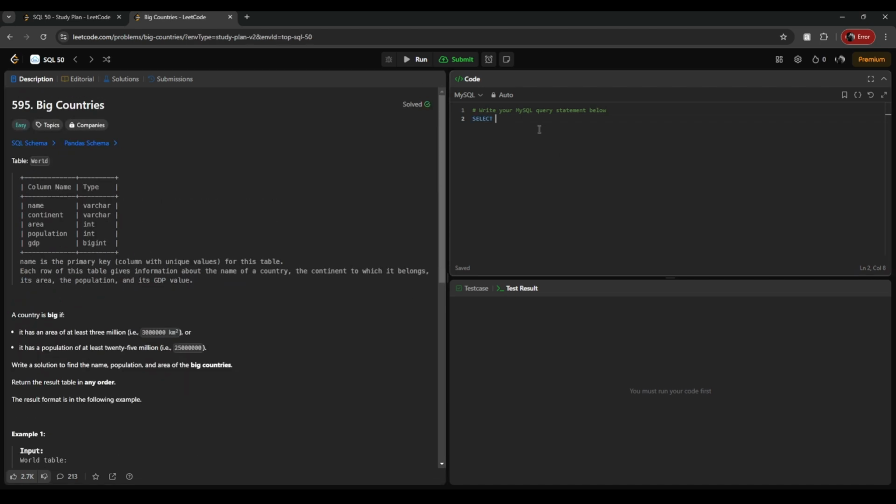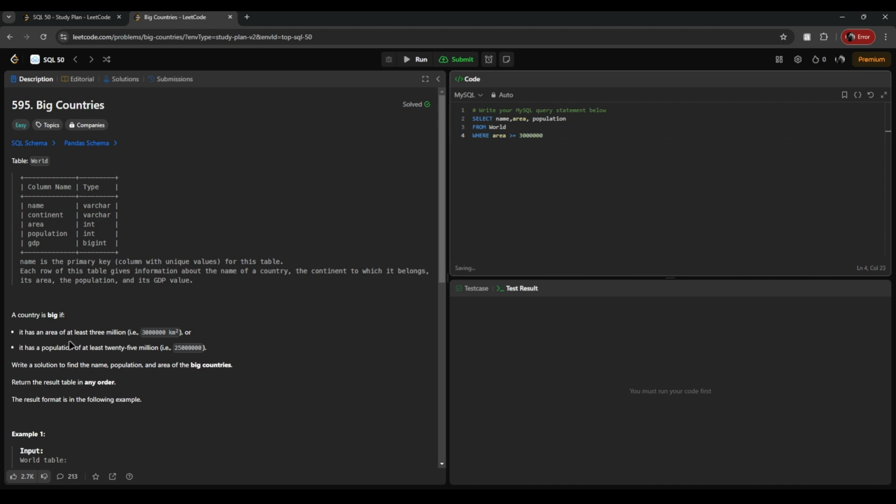Select name, area, and population from world. The condition: from world where area is at least 3 million, right? So we should write greater or equal to 3 million, 0 0 0 0 0 0,